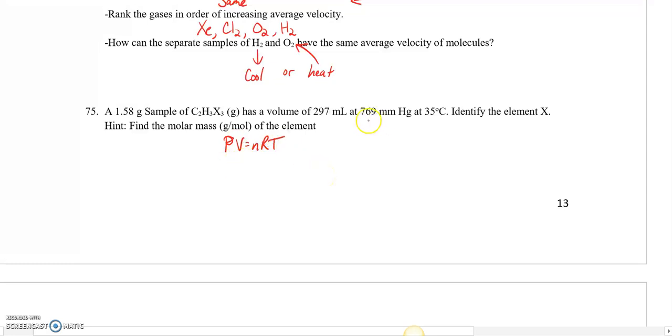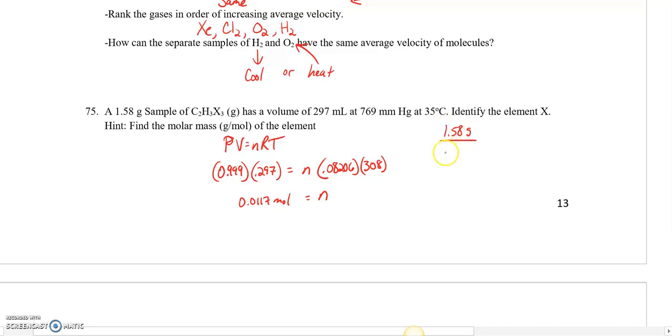We know the pressure, since you can change 769 millimeters mercury into atmospheres. It's 0.999 atm pressure. Volume is 0.297 liters. And we don't know n. And temperature is 308. So, solve for your moles, you get 0.0117 moles. Now, if our sample has a mass of 1.58